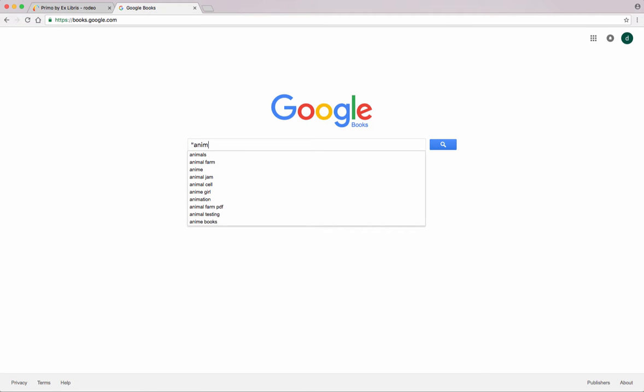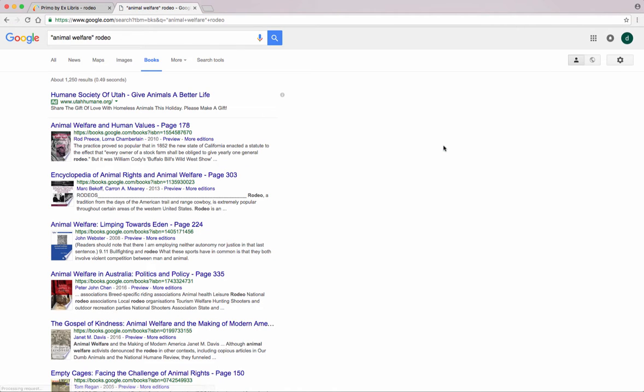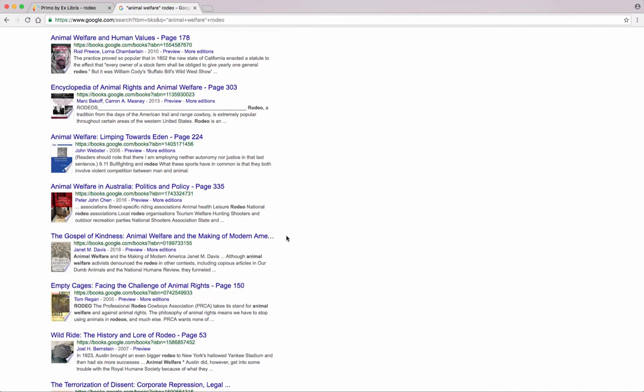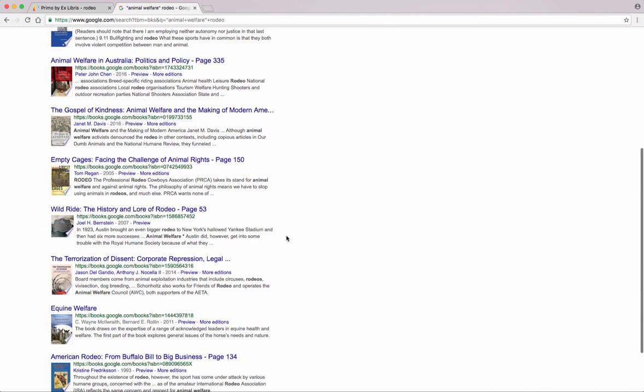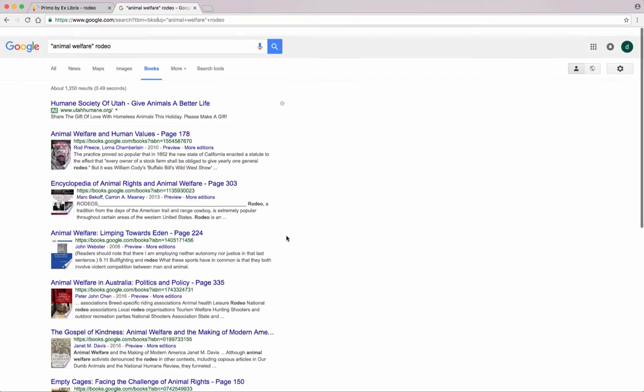So I'm going to do animal welfare, and I guess I don't need the word "and," I'll do rodeo. When I put it in quotes like this, it's going to look for this as a single keyword phrase instead of having animal here and welfare there. But this is looking in books. So there's some animal, oh, this gives me some idea. You could look up the title of any of these books in our library catalog, that Usearch. But say, for example,